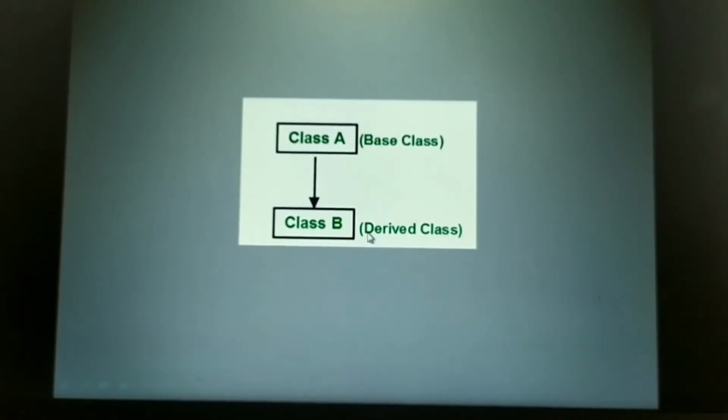The derived class can share some of the properties of the base class. That means if the father is a singer, even the child can sing. That means the child is inheriting the properties of the base class. Code from the base class can be reused by the derived class.